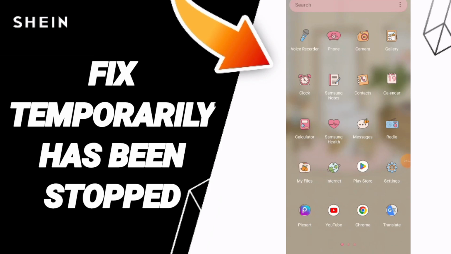Everyone, today we'll talk about how to fix or how to solve the problem of "temporarily has been stopped" on the Shein app. To know how to fix or how to solve "temporarily has been stopped" on the Shein app, you should